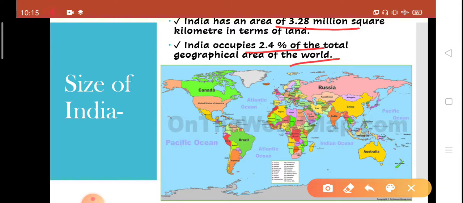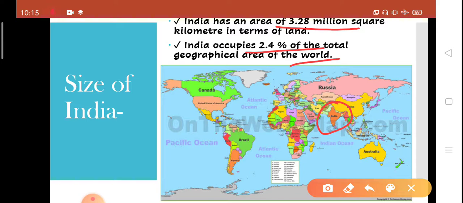In front of us, we have the world political map, which shows different countries of the world. In the bright orange color on the right, we have India. All of us can see India very clearly. If not, I have marked it for you. You can see the bright orange color as India. We can also see from the map that India is the 7th largest country in the world.